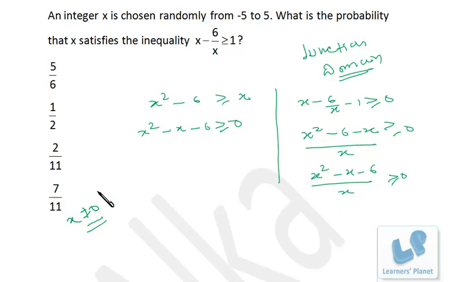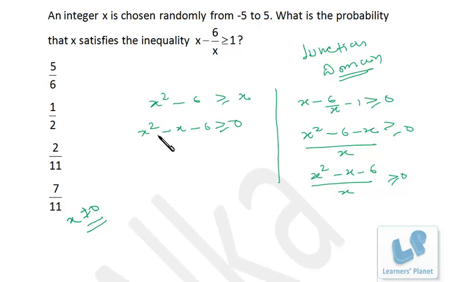But whether x is not equal to 0 or not doesn't matter for this function, because you don't have x in the denominator. So this function is valid for all values of x which make this expression greater than 0. Even x equal to 0 is not at all discarded. But in this case, we have to consider that x should not be equal to 0 because x is in the denominator. If x is in the denominator and it becomes 0, the function will be undefined. If you are not clear with this the first time, just repeat it, because it is an important aspect of functions. So that is the first difference between these two.